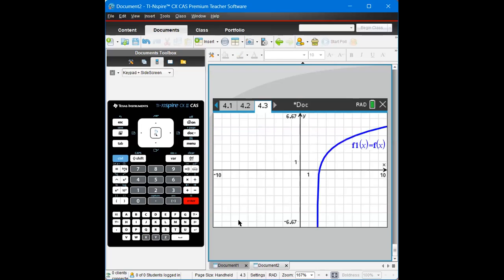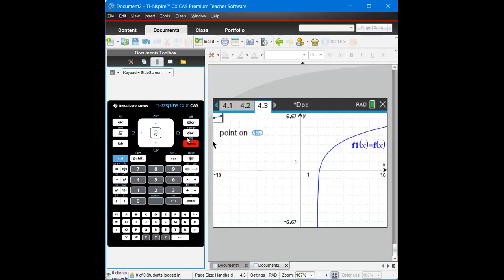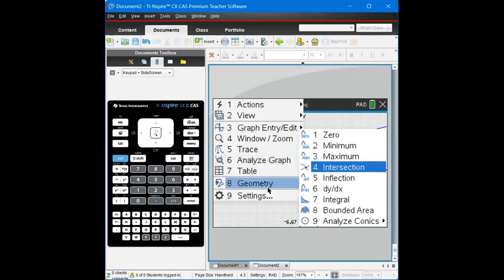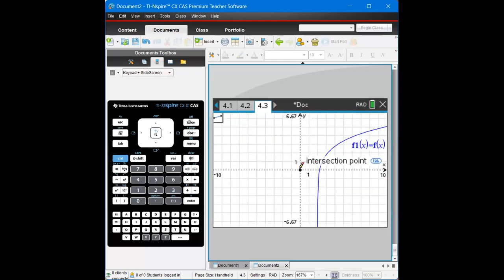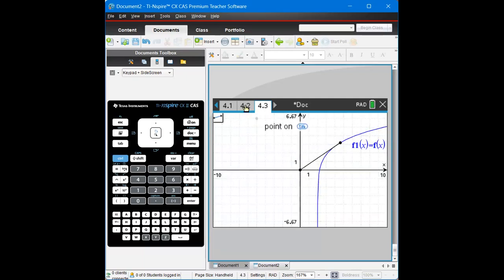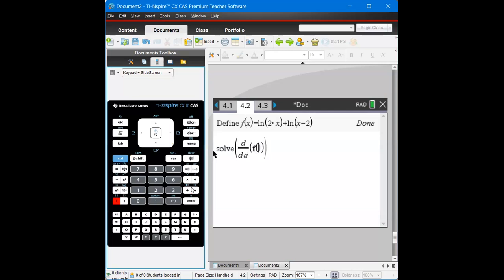Plot a graph to double check. Okay, and yep, we're trying to get some sort of a tangent line like this. Let me just use my geometry button. Something like that, okay? So let's do it algebraically with a CAS. Solve button. Derivative at a particular value a equals to